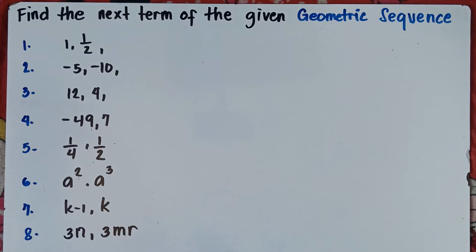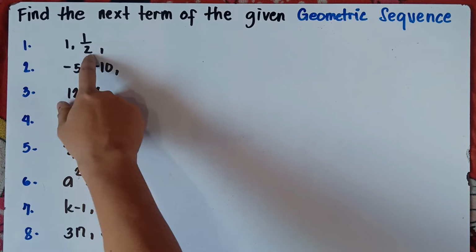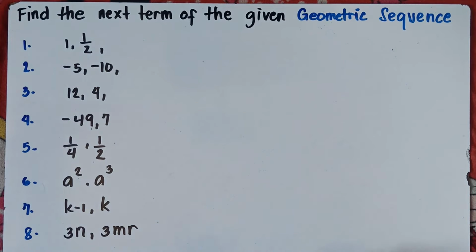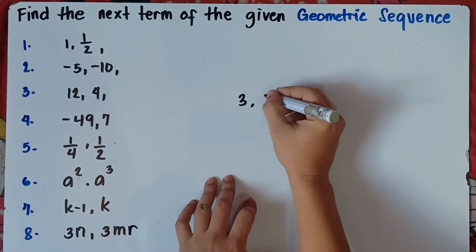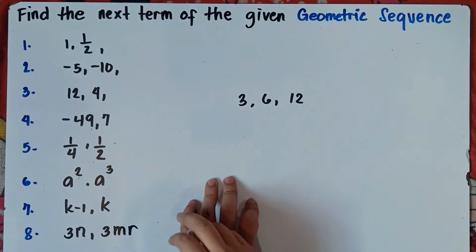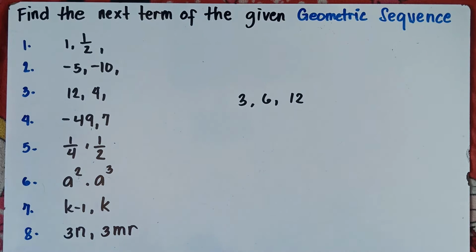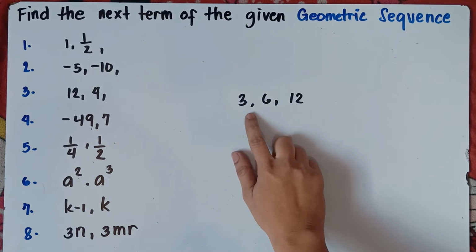Just keep fighting. If you're looking for the next term, therefore, you're looking for the third term, since we already have the given first term and second term. Now, in a geometric sequence class, example 3, 6, 12, the thing that you will do is find the common ratio. To find the common ratio, you simply divide the second term by the first term.